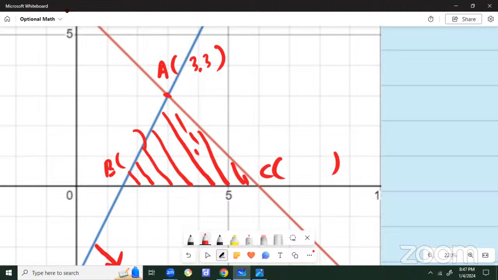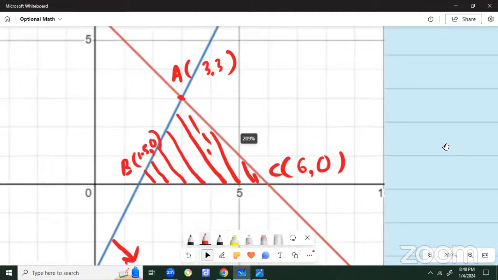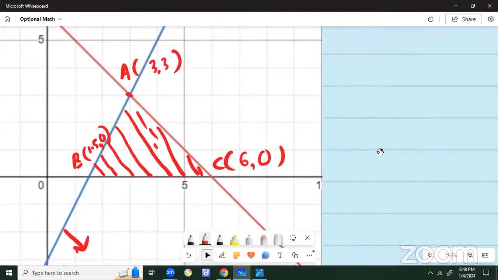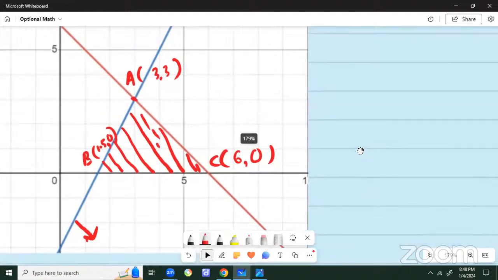6, 1. Coordinates of B? 5, 0.5. Pardon? 1.5, 0.5. 1.5, 0. Is it? Yes, sir. Okay. What are the coordinates of C then? 6, 0. Now, these points will help us to figure out the maximum value of